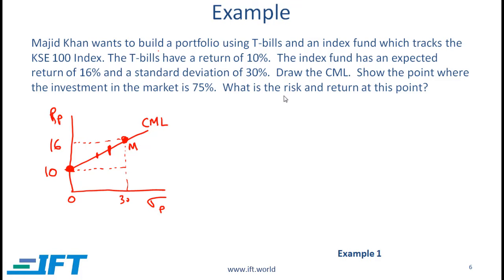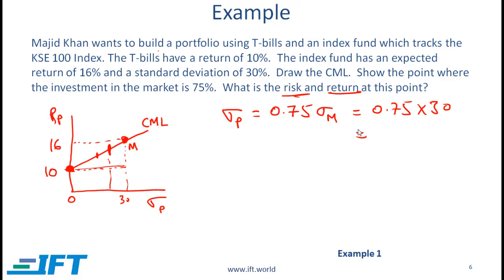Next, we need to figure out the risk and return at this point. There are several ways of coming up with the risk and return. The simplest is to look at the line and come up with our numbers. Here is our capital market line. We are 75% of the way across. Therefore, the risk of the portfolio is equal to 0.75 multiplied by the risk of the market, which is equal to 0.75 into 30, which is equal to